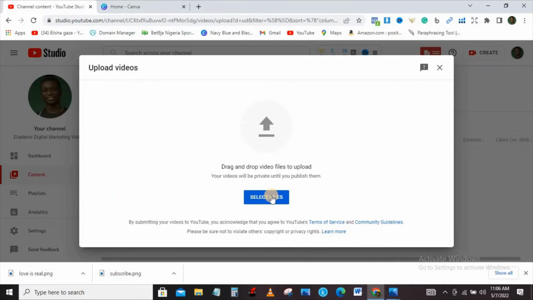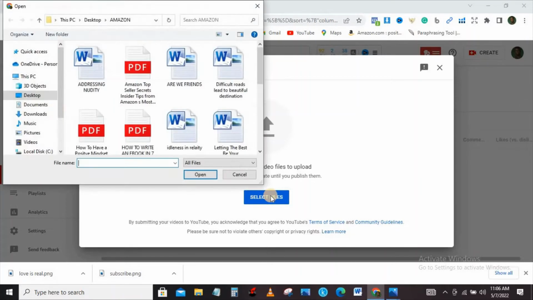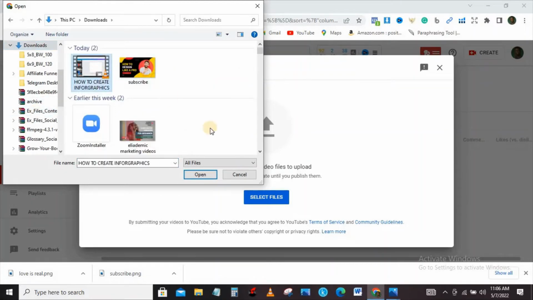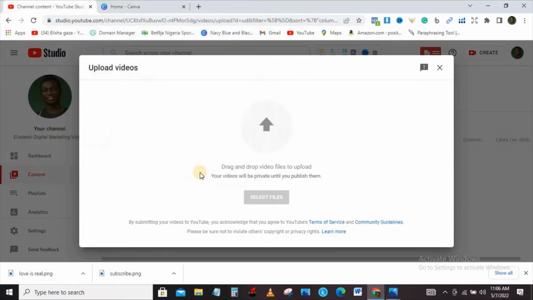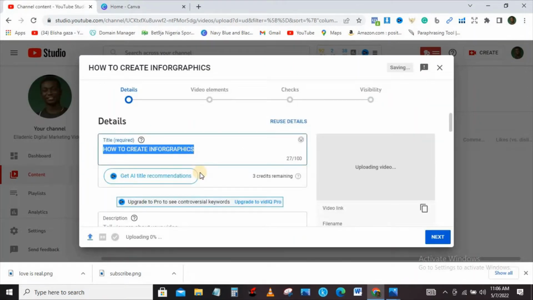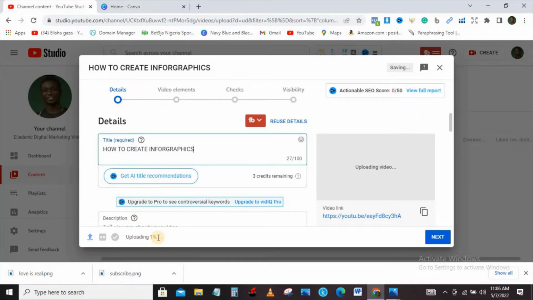All you just need to do is click on select files, then hover onto where your video is, and click on it. Now there are things you need to do. Now you can actually see from here uploading 1%. This simply means your video is actually uploading. You can come to this, the title and the description where people are going to see about your video. Let's say for instance,